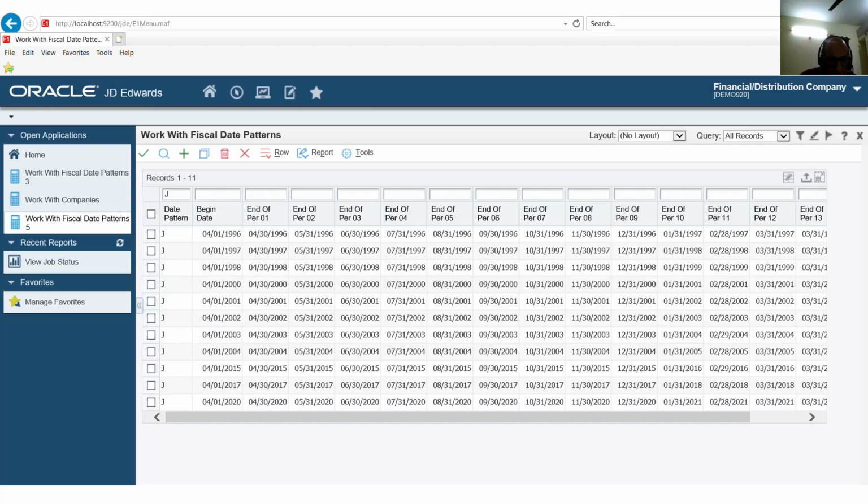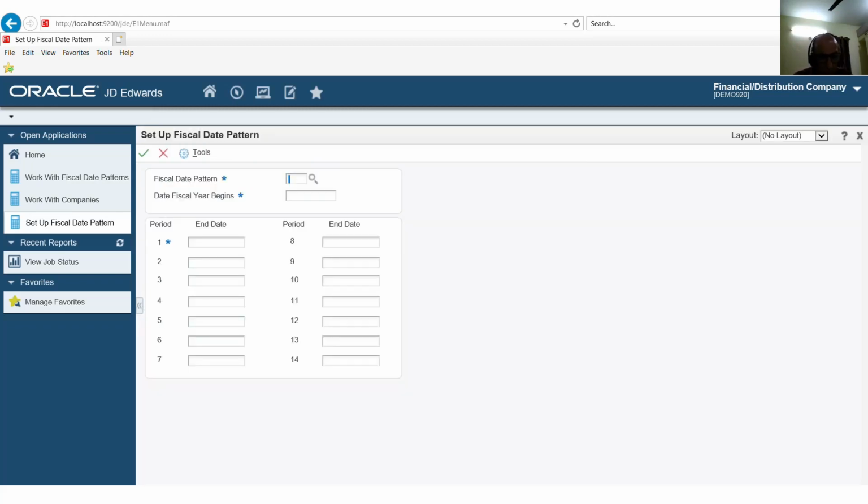I want to create a new fiscal year. The format is DDMMYY. Remember, please: the first two digits are the month, then the date, and then the year.